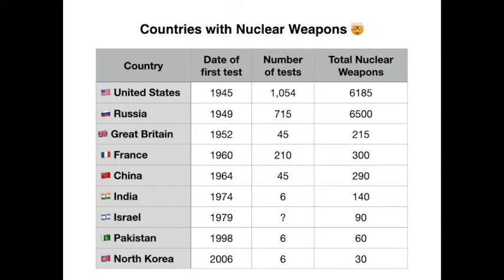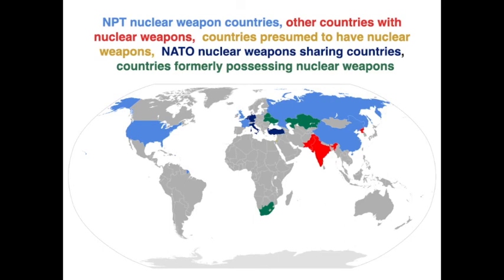So it's something that acts as a deterrent, but also if any country was ever to use it, most of the world would be significantly affected. So this map shows the light blue are countries that have weapons and have acknowledged them and are part of an agreement, called the Non-Proliferation Treaty, which is ironic because it's the countries with the most. But basically they've agreed, we're not going to make too many, and we want to help other countries not make them.